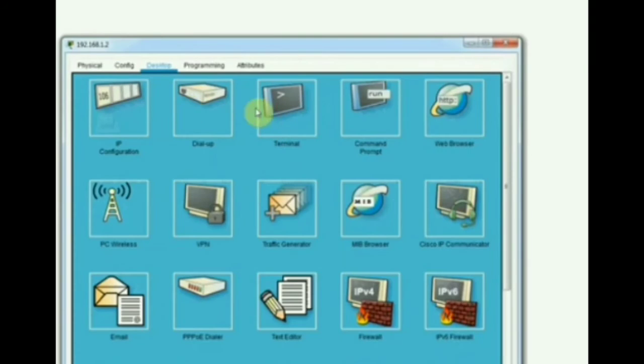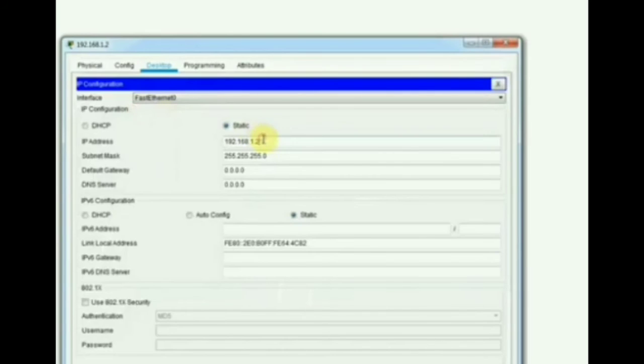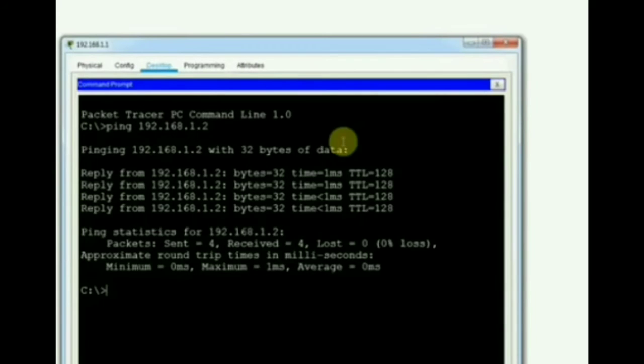If I change the IP address, for example, instead of 10 I write 20, they are on different networks. Let me change it here. Now both are on different networks. If I ping, it will not work. Before it worked.